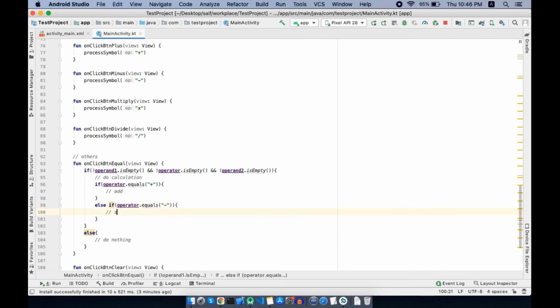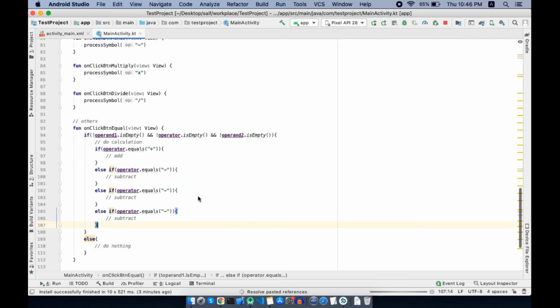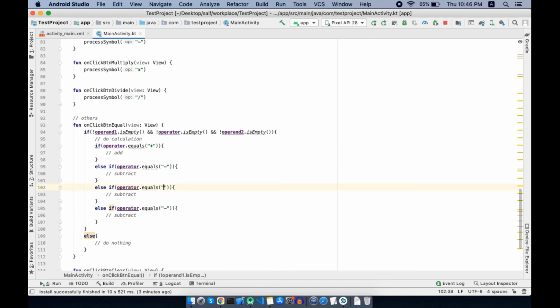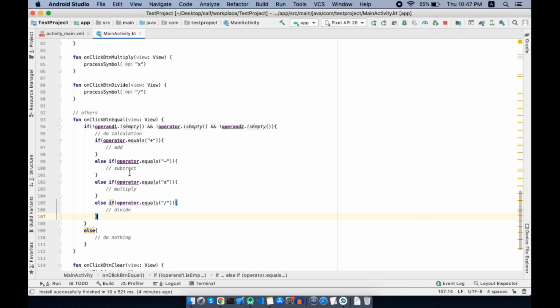Else if the operator is minus, we will subtract. Let me copy this and paste 2 more times. Okay, these comments are just to make our code more readable and easy to follow.